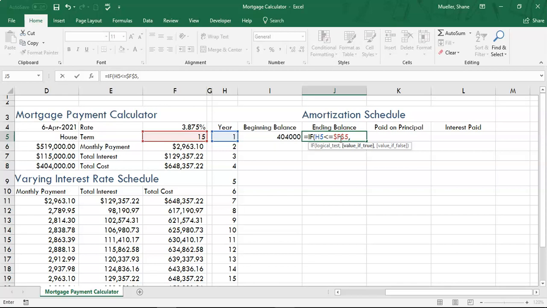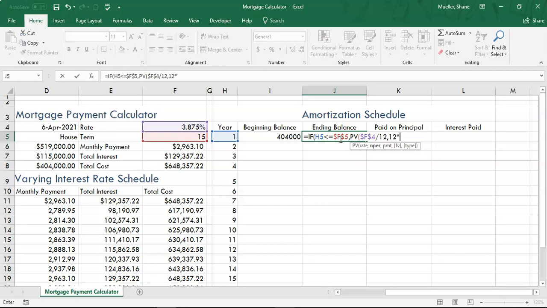So the value, if true, is going to be PV, which is our present value, open parentheses, $F$4. And again, that's going to be our interest rate. So our interest rate divided by 12, comma, 12 times,